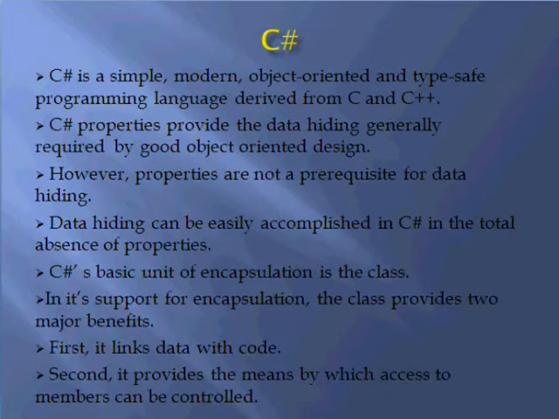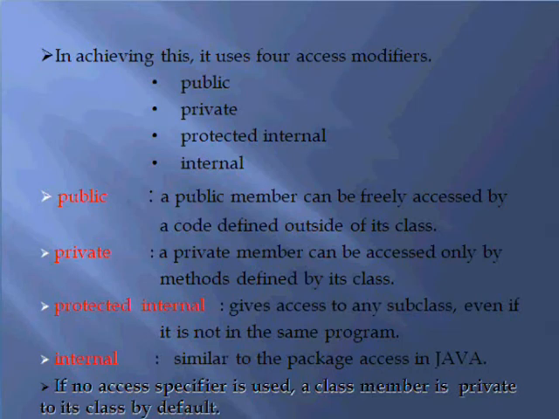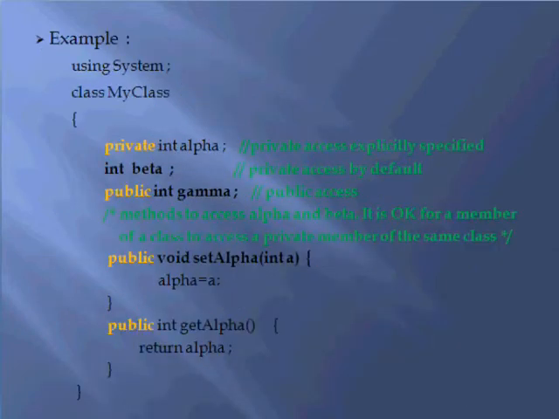C# is one of the languages which provides information hiding by using the class as its basic unit of encapsulation. Microsoft describes C# as a simple, modern, object-oriented and type-safe programming language derived from C and C++. When controlling access to the members of the class, C# specifies access modifiers inline as part of the member definition, just like Java, instead of in a block like C++. The modifiers public and private have the exact same meanings in all three languages.